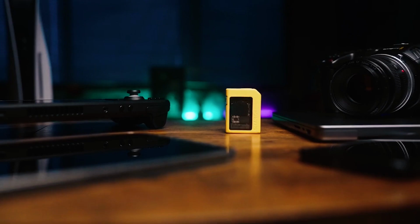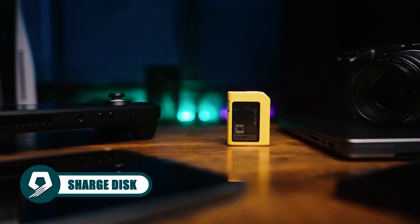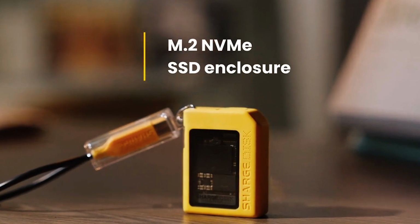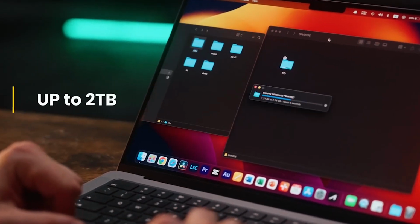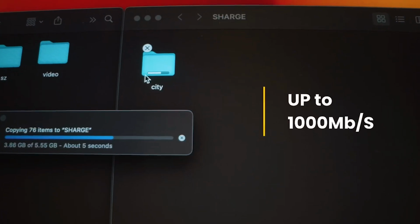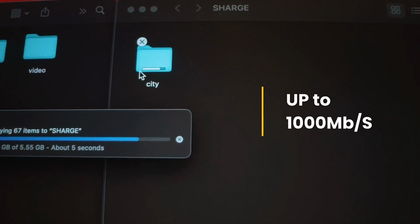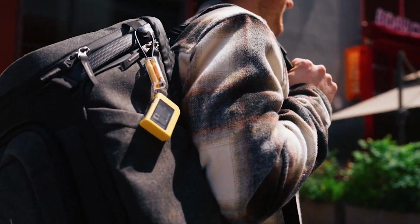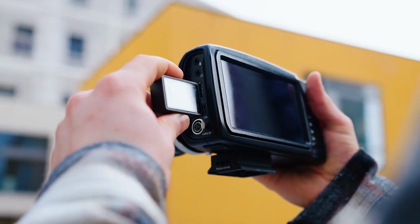In pursuit of the ultimate EDC device storage solution, your search concludes with the SHARGE disk. This portable M.2 non-volatile memory express SSD boasts a whopping 2 TB capacity and impressive read/write speeds of up to 1,000 MB per second. Its compact design, weighing just 24 grams, ensures easy portability, whether in your pocket or on